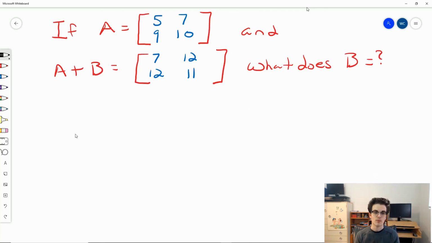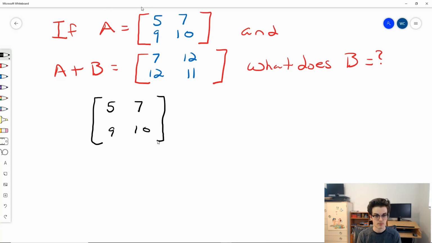So in this problem, we are given the matrix of A, and we're given the matrix of A plus B, but we don't know what B is in this case. So the best way of going about this is to treat this like a system of equations, where we're going to have 5, 7, 9 and 10, which is the A value,